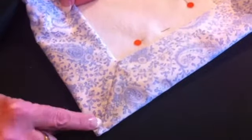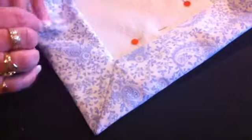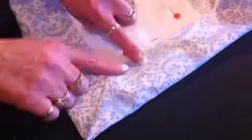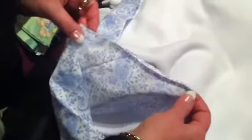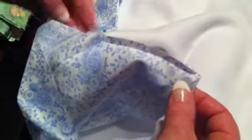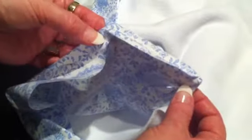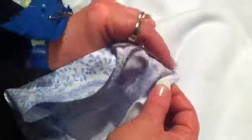So I'm going to sew up these sections, turn everything to the right side, and then I'll come back and show you what stitch I'll do here. Okay, so here's the corner, and you can see I've stitched through here. When I've finished, I've actually snipped that corner off, and you can see I've stopped at that first fold there. And I'm going to take this corner and push it through,